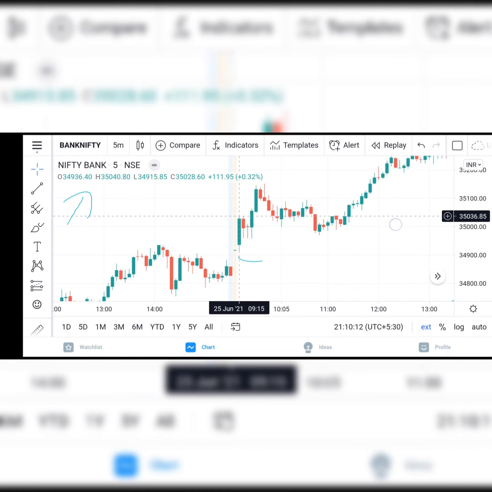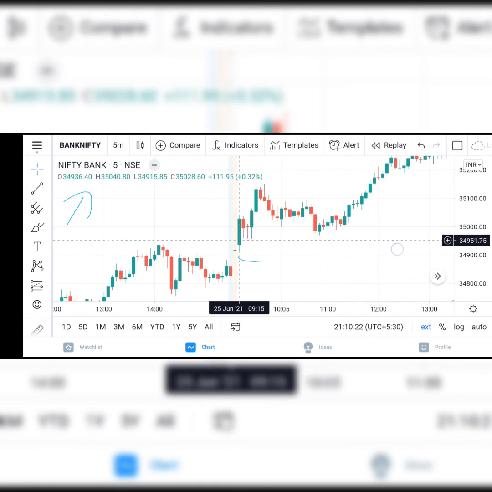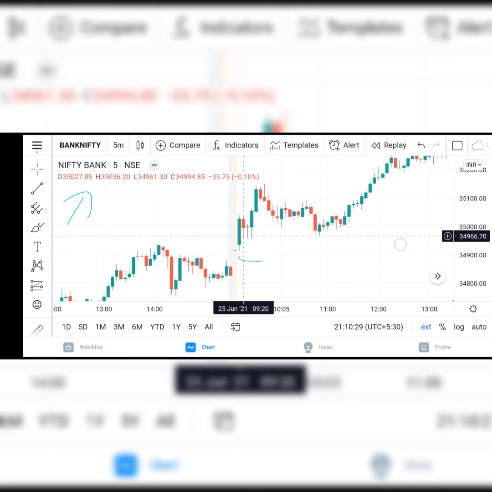So that's it for the day. I think you would have understood what these candles signify, what is happening here. These are candles which just signify the price, whether the price is going up, whether the price is coming down, or whether the price has opened and closed at the same place. That is called a doji candle. The opening and closing price will be at almost the same place.